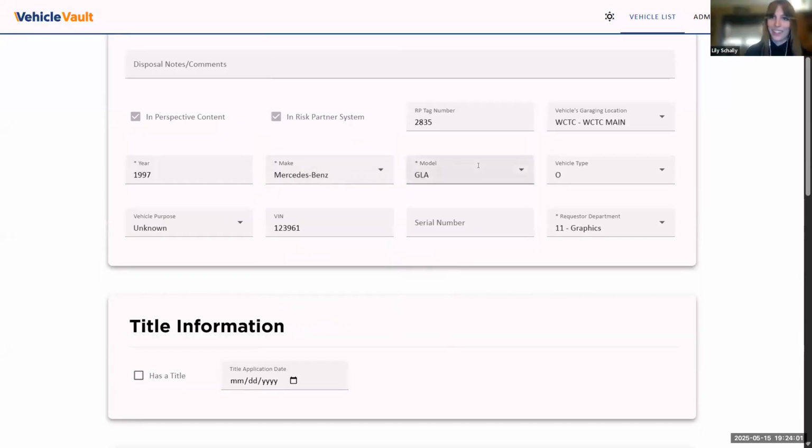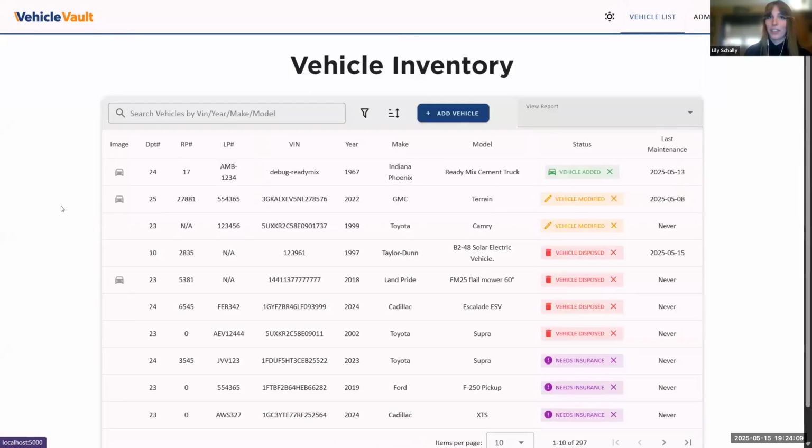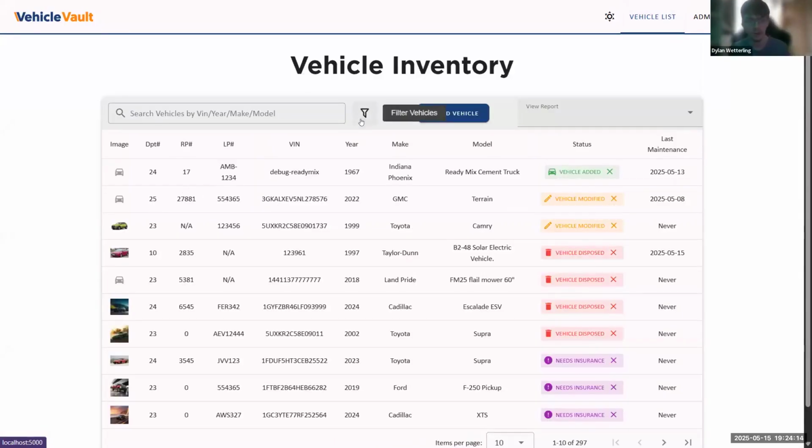And I'm not gonna go edit all the stuff we have in the database right now. But then we also have to show off the sorting and filtering of the vehicle list. So there was an old sort function within the search bar that let you search by everything within a vehicle, which we felt was a little too much because you could be searching for something and it would give you